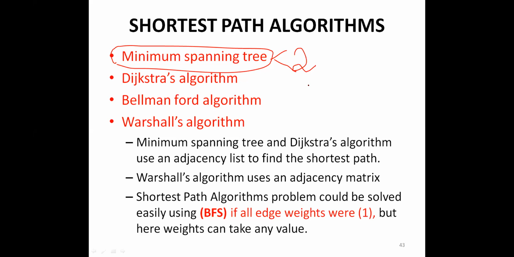If it is all source shortest path algorithm, you are going to find the shortest path from all the nodes to other nodes in the graph. When I take 4 nodes, I can get all the possible shortest paths from every node to other nodes. That is all source shortest path algorithm. This Warshall algorithm, the other name is Warshall-Floyd. He proposed an algorithm for all source shortest path. Dijkstra and Bellman-Ford all come under single source shortest path algorithm.